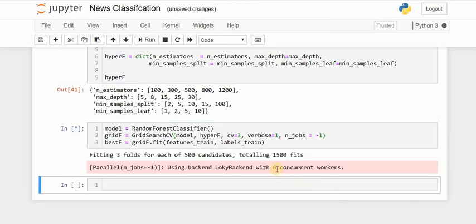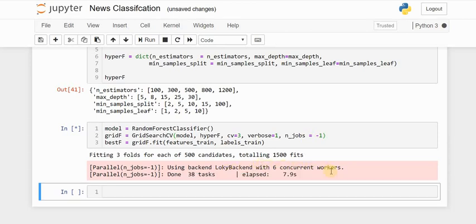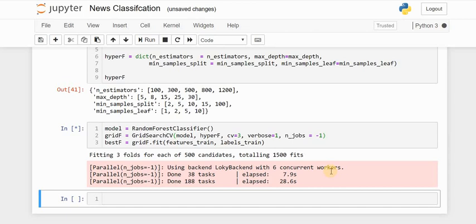So after specifying n_jobs, we are now seeing 6 concurrent workers. So 6 models will be built independently. Now let's wait till it gets completed. On my PC, it will take around, I don't know, 4 to 5 minutes, but it depends on the system. On my old laptop it took about 30 minutes or so. Let's see how much time it takes now.